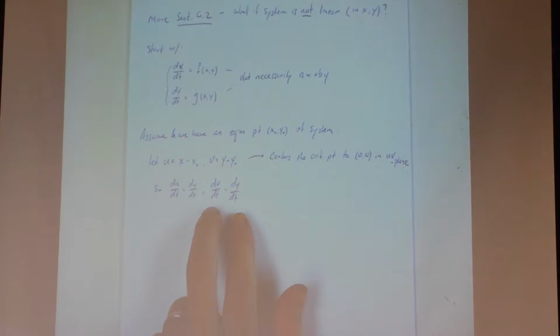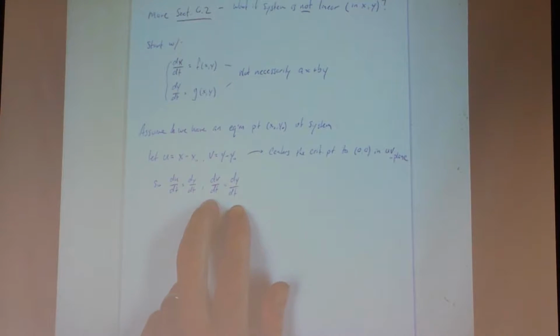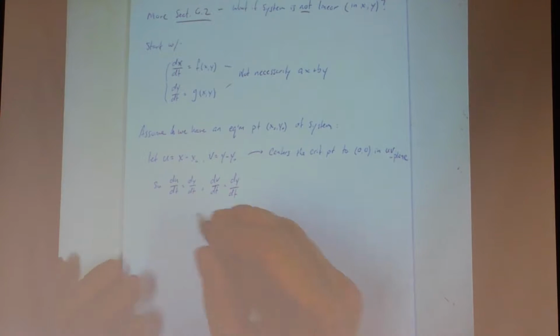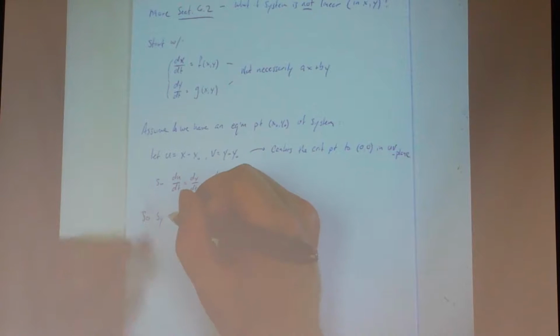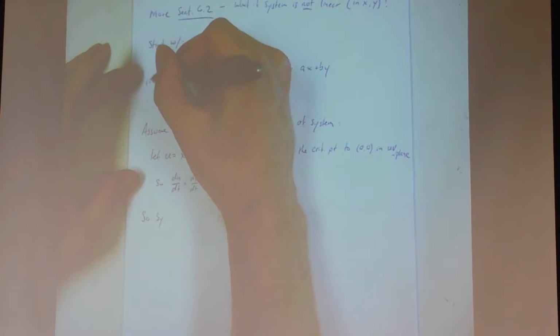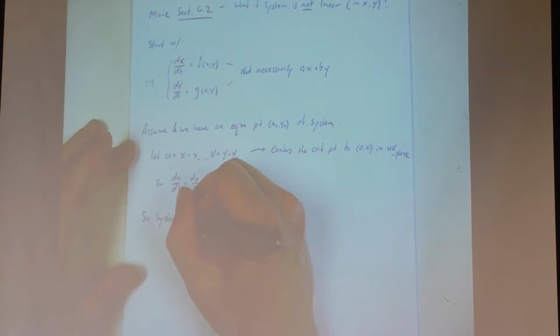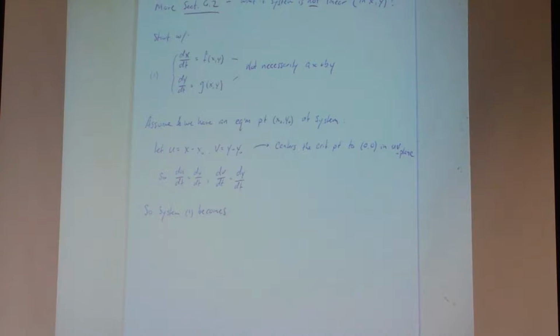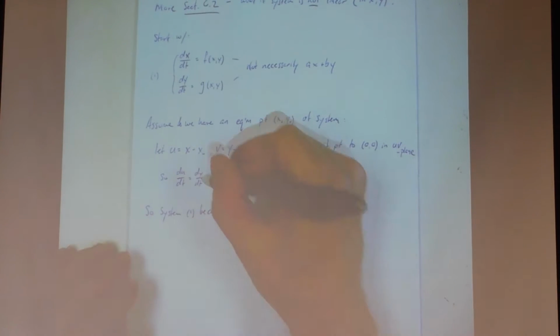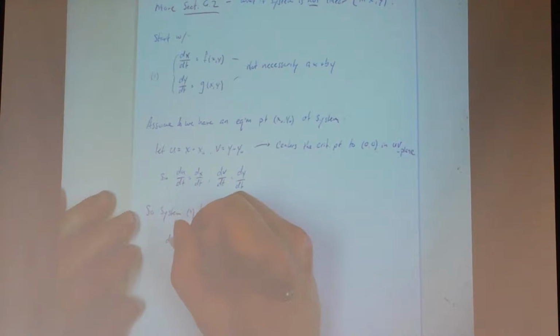The derivatives stay the same. They're equivalent. All right, so our system becomes, call it 1, I can replace the dx dt with du dt. So we got du dt